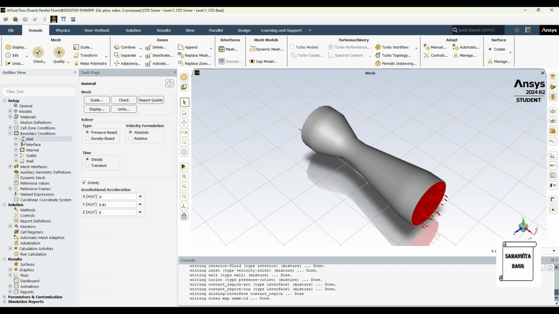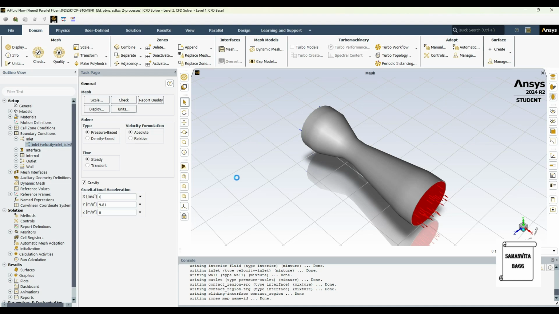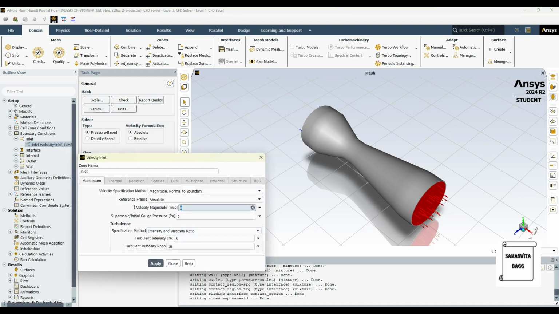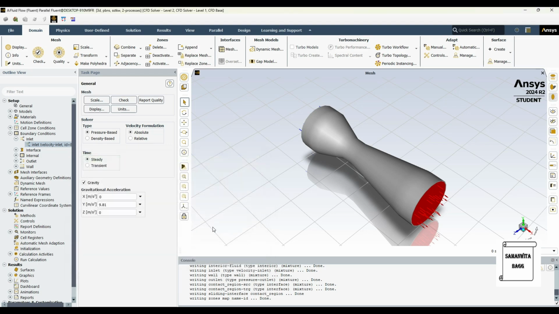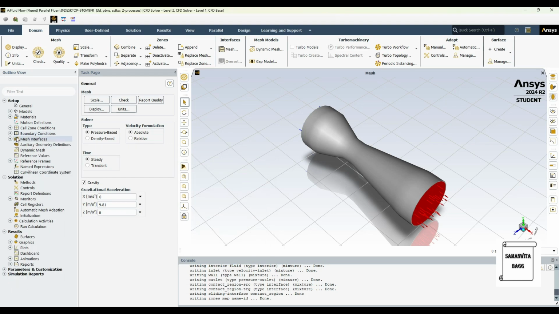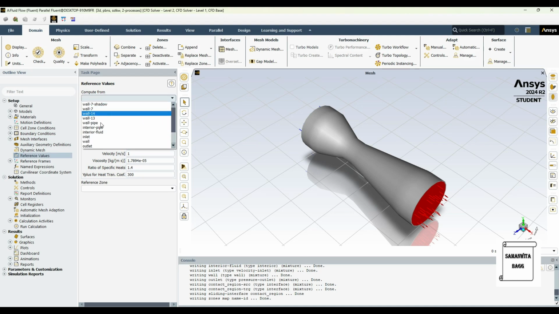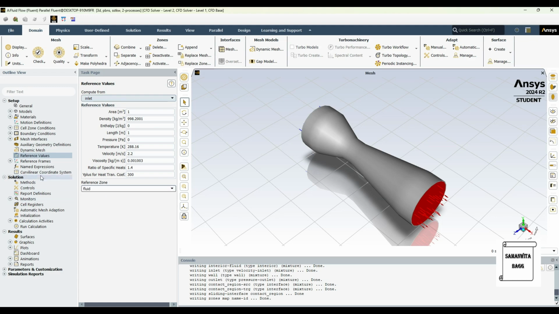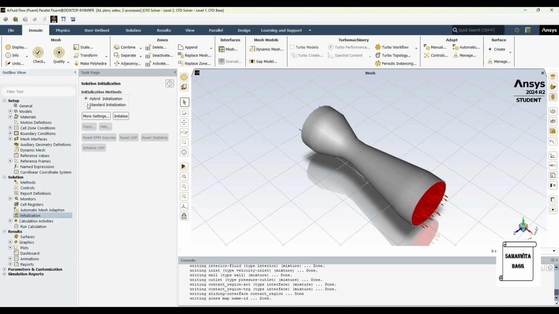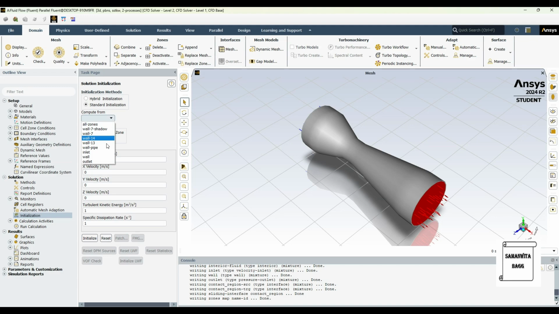Then I'll go to boundary conditions, inlet. I'll give the velocity as 2.2 meters per second. Apply and close. Once we give the boundary condition, we can go to reference values. I'll compute from inlet. Reference zone is the fluid. Then I'll go to initialization, standard initialization, compute from inlet,